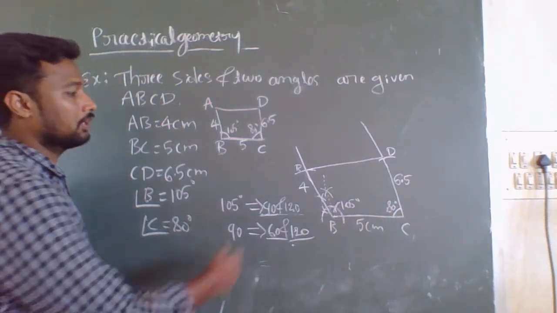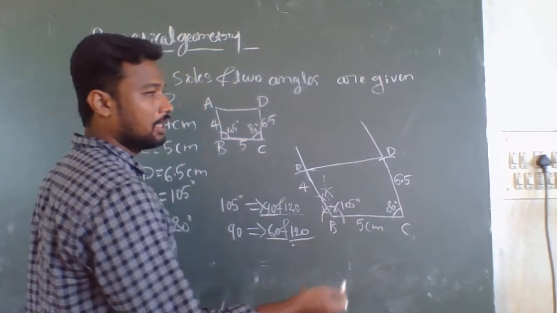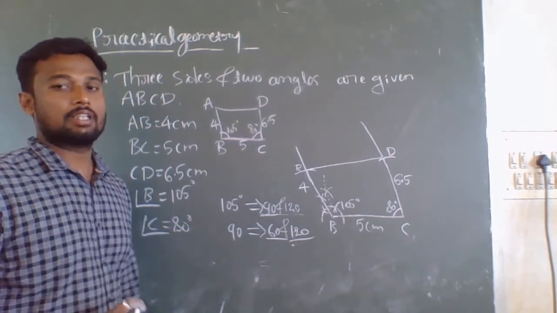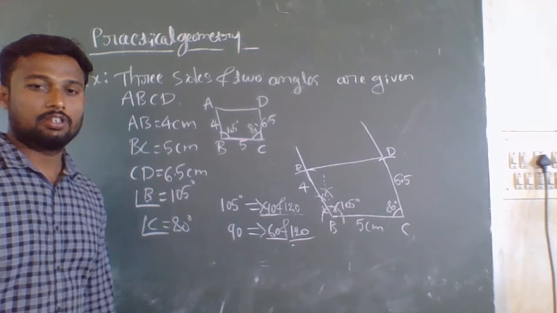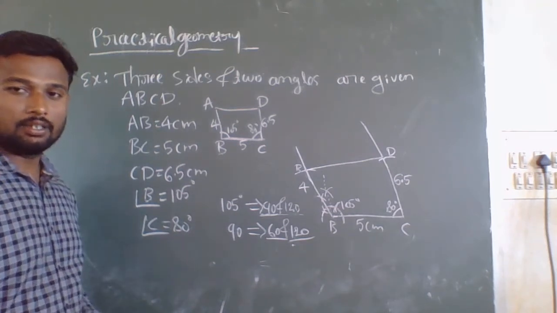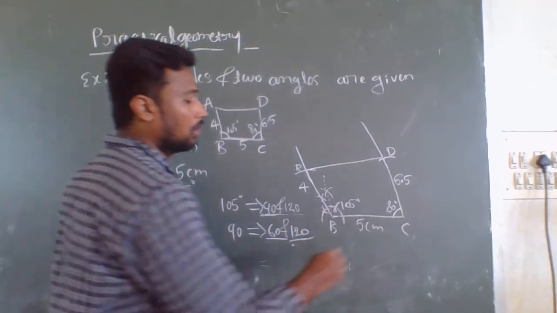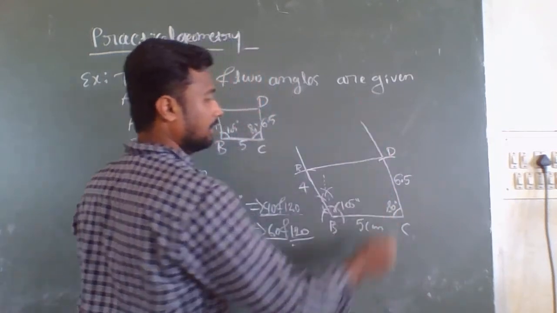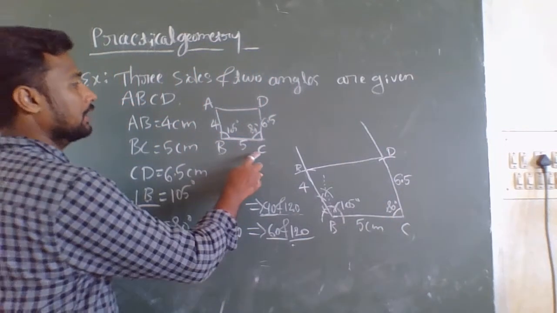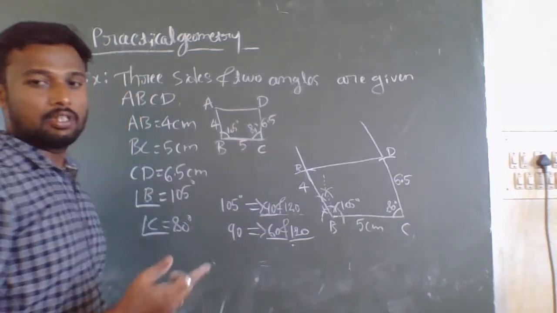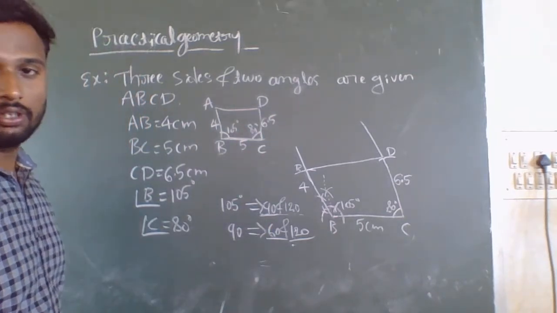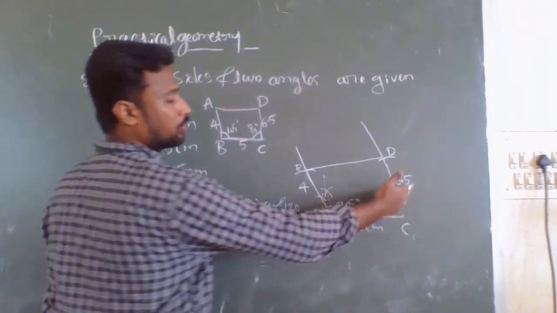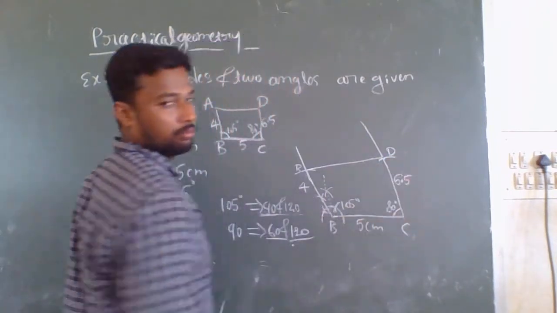80 degree is not between any of the angles, means 60 degree and 90 degree or 60 degree and 120 degree. So we cannot construct 80 degree by using compass. Therefore by taking the protractor, place it properly on point C and take the measurement of 80 degree. So here I consider this as 80 degree, and now from C to D it is 6.5 centimeter. Take the measurement of 6.5 centimeter in your compass and intersect this line, which is of 6.5 centimeter. So now you will get point D.